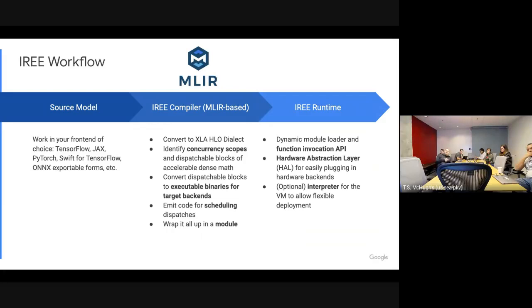So this means as other backends are supported by the MLIR ecosystem, for going to LLVM IR, for going to SPIR-V, for going to PTX, we can take advantage of that because we're just basically asking MLIR to do its thing. And then finally, as the compiler step, we wrap this all up in a nice little module that looks a lot like a shared object.